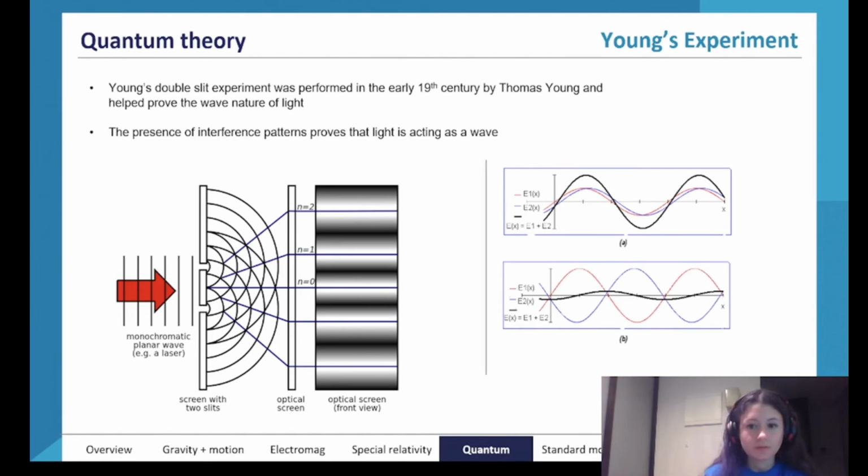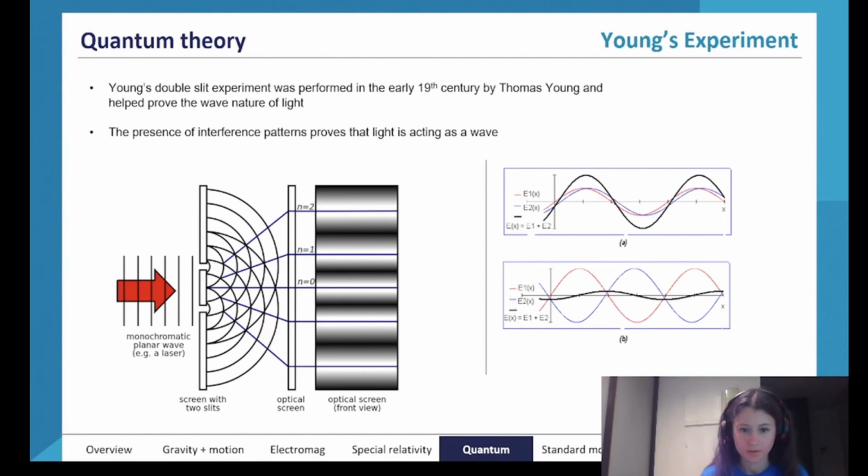What Young observed was that if he had a piece of screen with two slits and he shone light through the screen, he would see a destructive and constructive interference pattern, which you would have learnt about previously in year 11 with waves, which is where the two positive parts of a wave will collide and create an even bigger positive part, or the two negative parts will collide, or alternatively two opposing parts, a positive displacement and a negative displacement, will collide to cancel out.